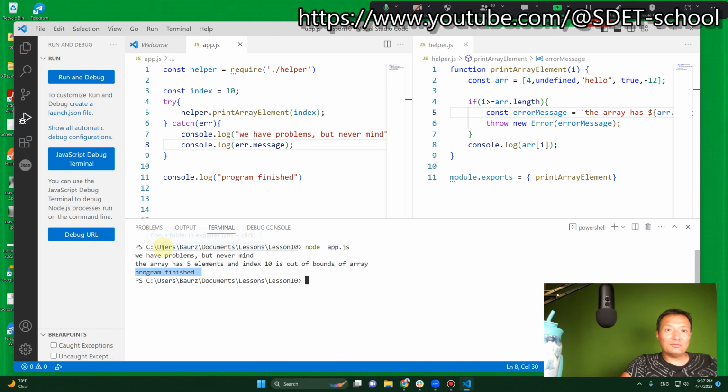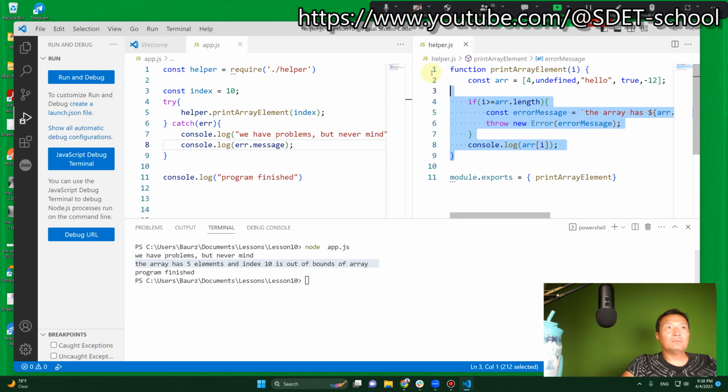And here, let's read what happens. We printed a message, we have a problem, but never mind. And here is the explanation. The array has 5 elements and index 10 is out of bounds. So what happens? This function throws an error. It's throwing an error because it has a problem. It has a problem, but